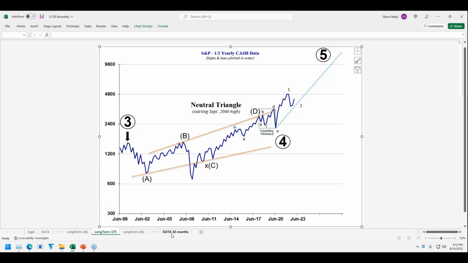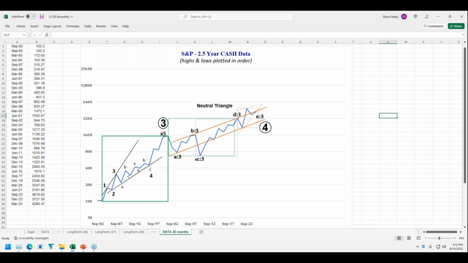Looking at the super long-term chart on the S&P, this is highs and lows for every 2.5 years. You can see on this chart, from this high downward, we have the biggest, fastest decline at that point in time before this happened that had occurred going back decades. So I knew immediately when this happened from the high in 2000, and I was actually anticipating this high as it was happening in September of 2000. I was on national television talking about this,